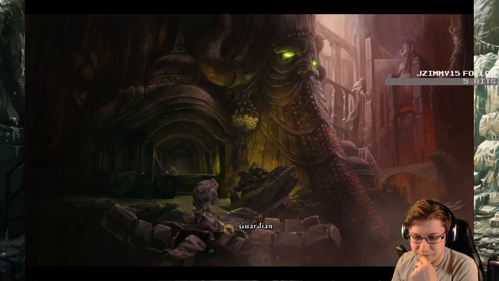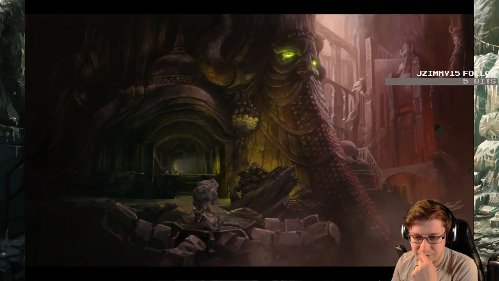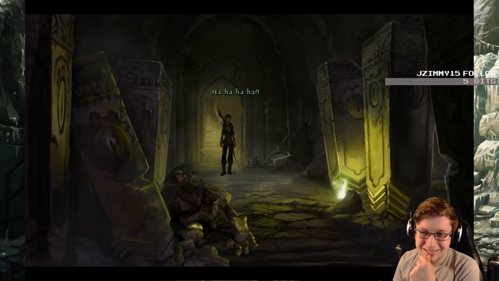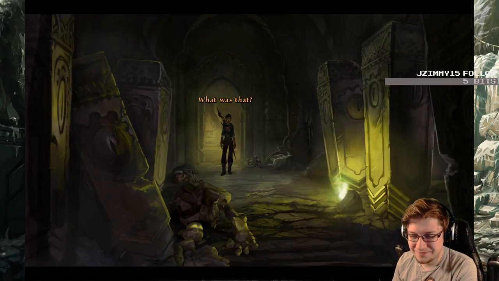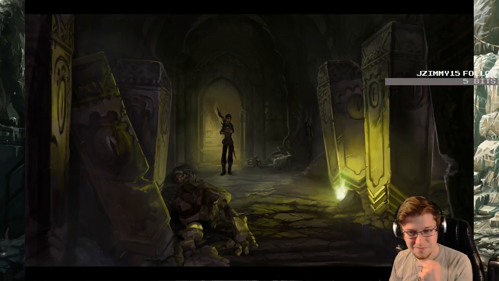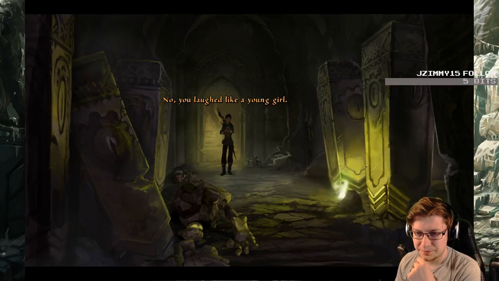Take the guardian and pull! Whee! What was that? I tore open a door through pure force of will. No, you laughed like a young girl. Hey,